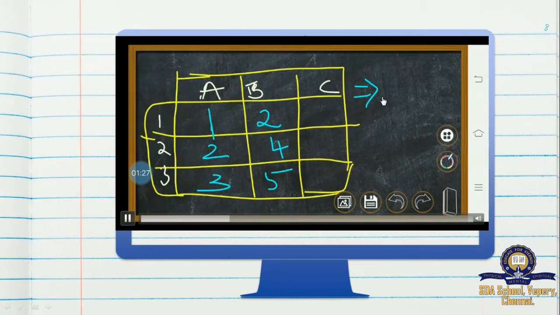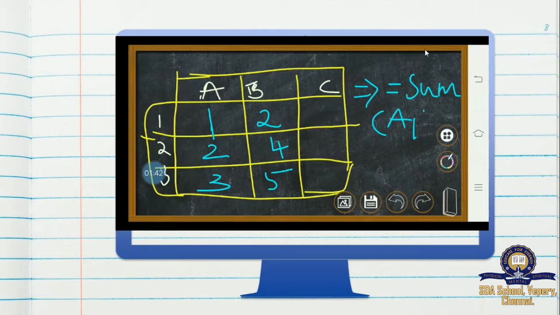The first calculation, I'm going to write the formula here. What is the formula to write sum? I'm going to write it as equal to, that is very important here, equal to sum. Since I'm going to add the values, I'm writing sum. Sum of A1 plus A2 plus A3. In short, I can write it with a colon. Instead of writing A1, A2, A3, from start to end point, I'm writing A1 colon A3. Now, the value of A1 is 1, plus 2 plus 3.